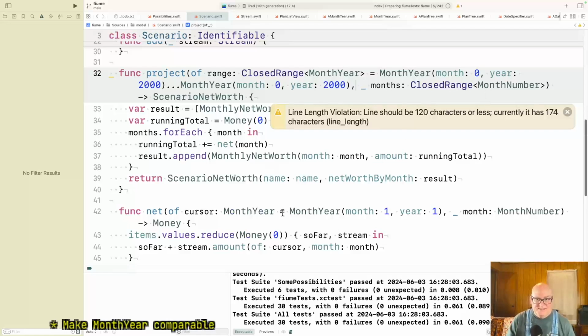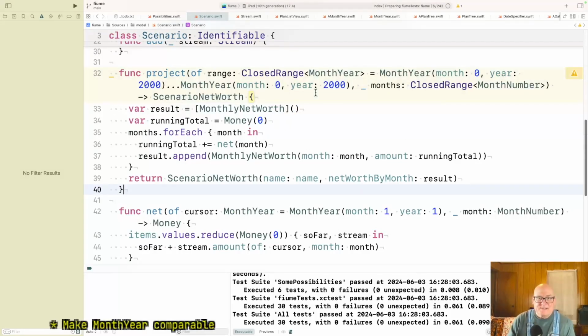Yeah, we'll get there. Okay, so this, all right, so now I have range months for each. Oh, too bad.